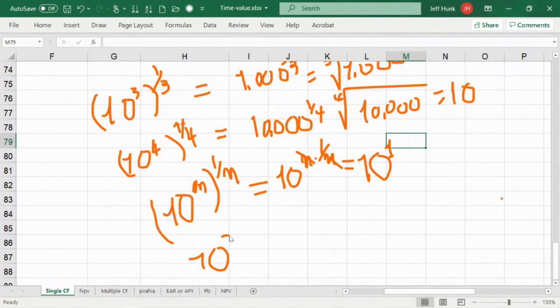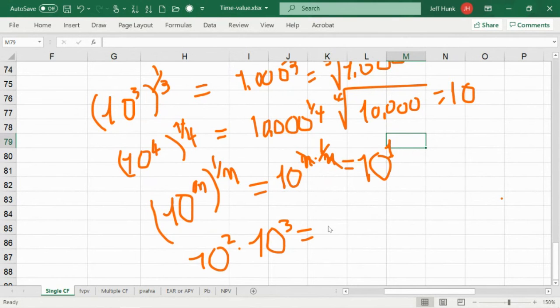So for example, a simple example, let's think about this. 10 squared times 10 cubed, what is this? Mohammed, what is 10 squared times 10 cubed? Are you there, Mohammed? Yes, I'm here. It's 10 to the 5th. But what is 10 to the 5th? How did you